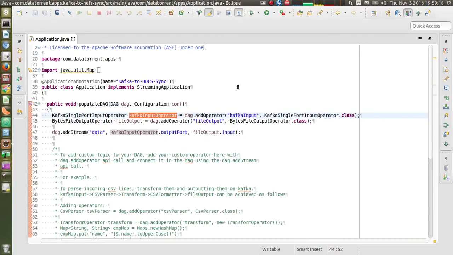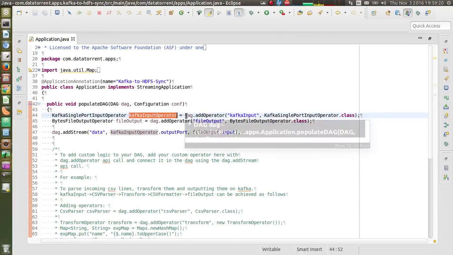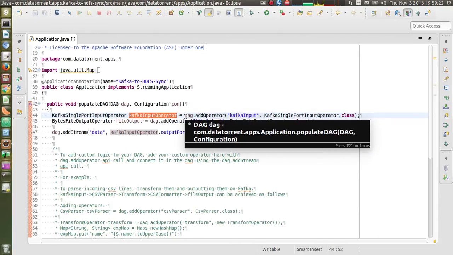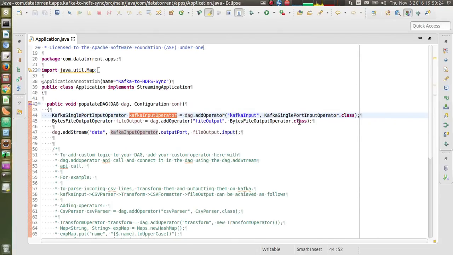It consists of mainly the logic to add operators and connecting those operators using streams. So the current implementation in this particular application package is we have Kafka input operator and file output operator, and those are connected with this stream called data.